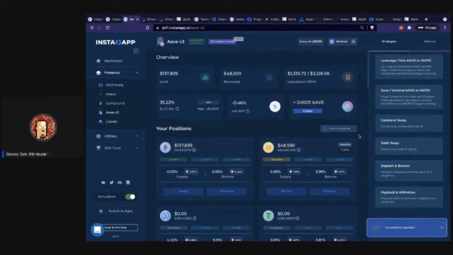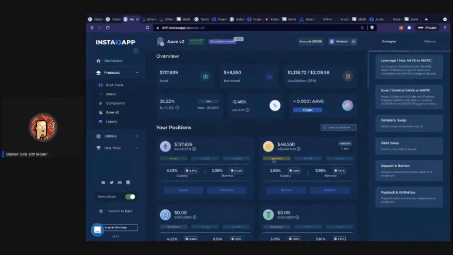Okay, so this is what you have now. And then I want to show you two things. One, a lot of these strategies, while saving is for saving and leverage is kind of like a long, you can use these things in different ways. We'll show you that now with the debt swap. So we have two more strategies: a collateral swap and a debt swap. These are what I would call slightly more advanced strategies.